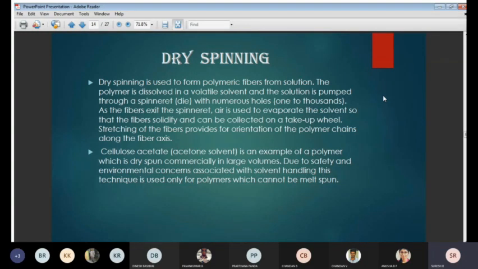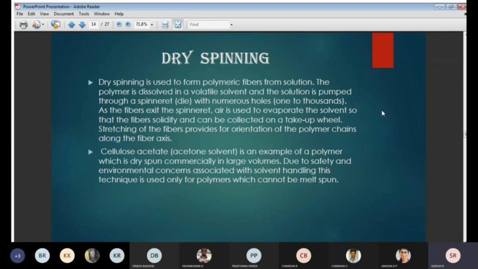Spinning technique. So in this class, we're going to complete the dry spinning, so the spinning topics will be covered by today. As we've been told, these spinning methods are basically used in order to develop the fibers, which we're going to use for the 3D printing machine. That's the raw material for the 3D printing machine.